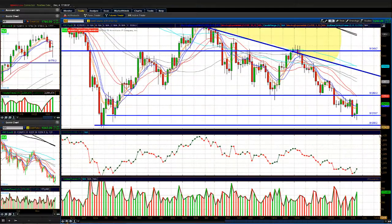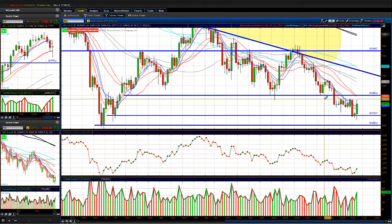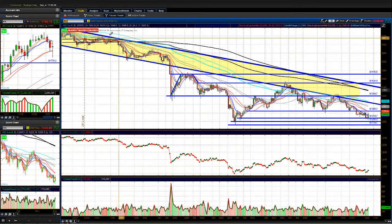Again, it broke down below the little bear flag range right here, but then we popped right back above it. So anybody short below that bear flag range, this could be a possible bull trap, shaking out some weak players that were buying gold right here in this little base support, or you could say trapping some shorts that were looking to get short the breakdown. It looks like they want to wash them out. So keep an eye on gold. I like it if you can get back above this 1255 level and hold a nice bid. All right, and if that happens, we want to go back and start looking at some of these gold miners,